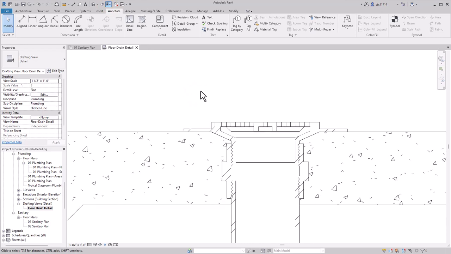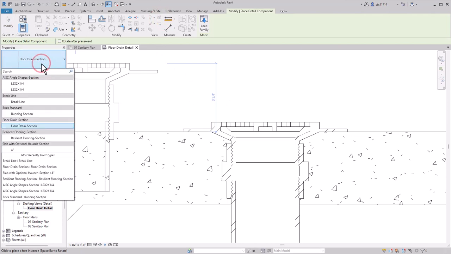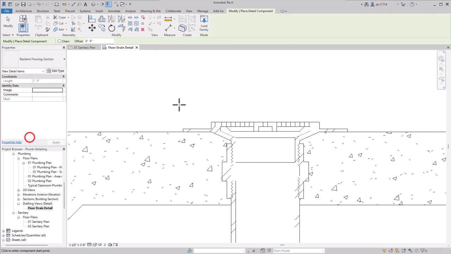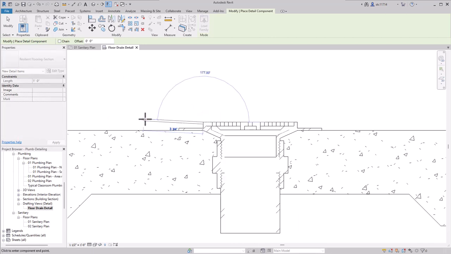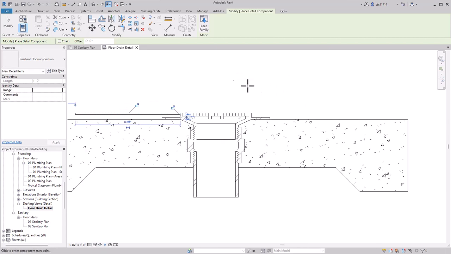Next, we're going to put in some cross-section of a floor, so it's a component again, and this one is resilient flooring section. And I'm just simply going to select it here. The book once again gives you a value to come out of 7 inches. As long as you're longer than this horizontal portion here, you'll be fine, because we're going to be once again breaking things out.